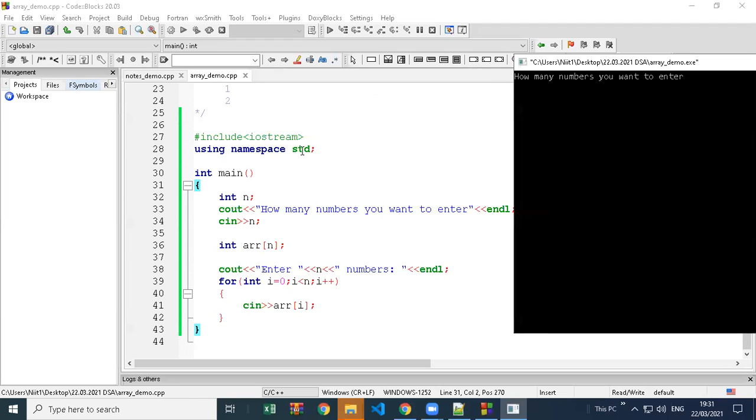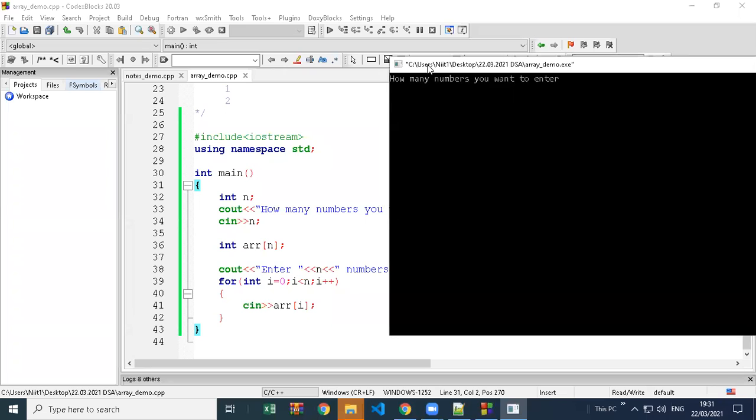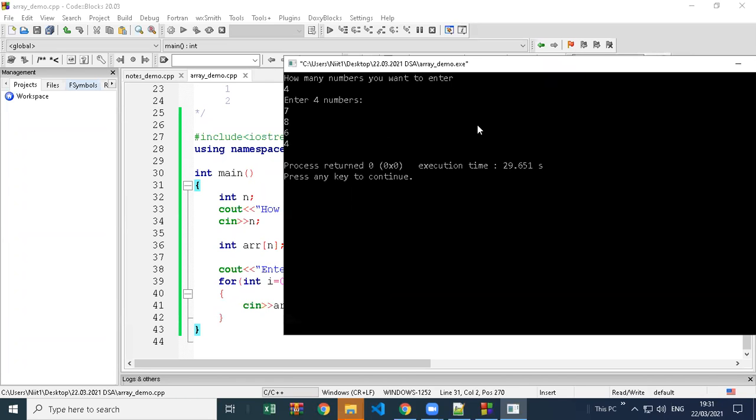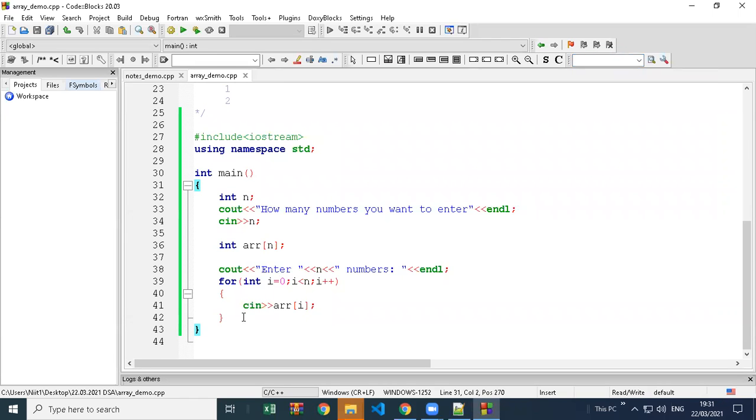When you execute the program, we know C++ enters the main function. It's asking us how many numbers you want to enter. Let's say I want to enter 4 numbers. So now when I enter 4, the array size becomes 4, and this loop is going to repeat 4 times. First, the data is going to be stored at the 0 position of the array, the 1 position, 2 position, and finally the 3 position. So everything worked. We cannot see whether the data is stored in the array or not, but from the output, it looks like, yes, it is inserting data into the array.